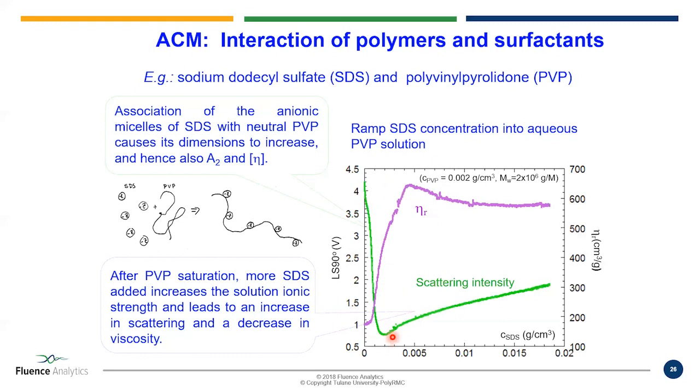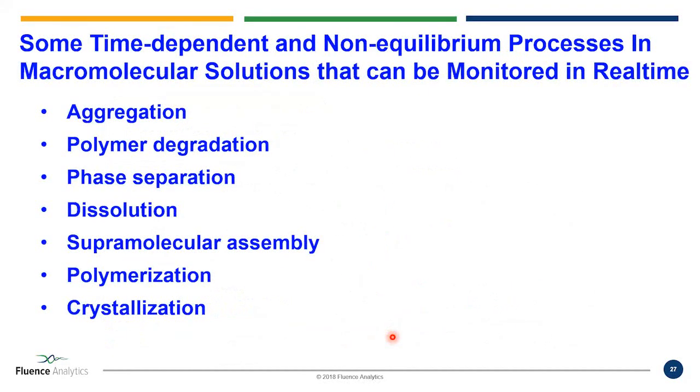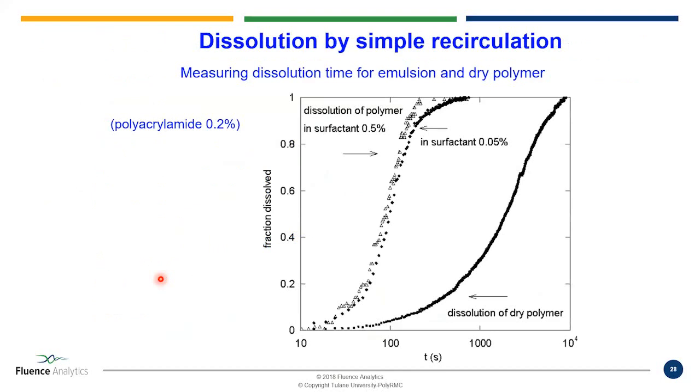Okay, so that's the last that I'm going to say about steady state and continuous monitoring. What happens when things are happening in the solution, like you have aggregation going on, or you're degrading a polymer, you're separating a phase, or you're actually polymerizing, or any number of other processes that happen in time. We're in a kinetic domain at that point. Let's see how we can use the techniques kinetically to get information that you can't by using our equilibrium techniques